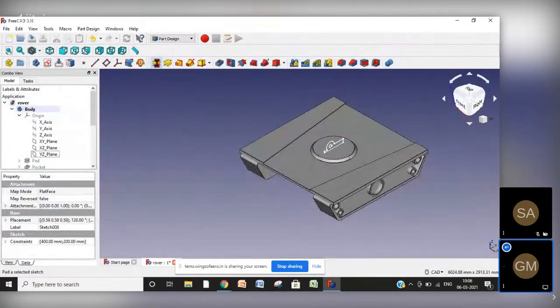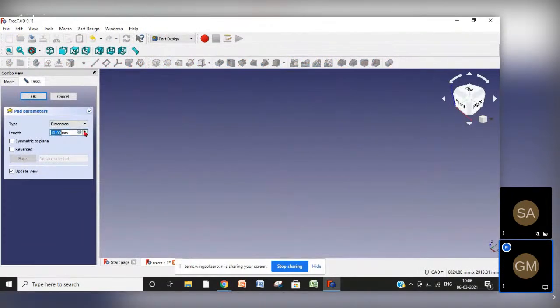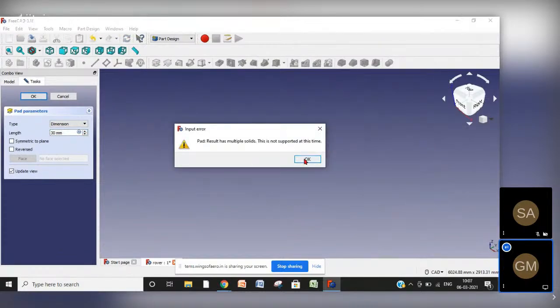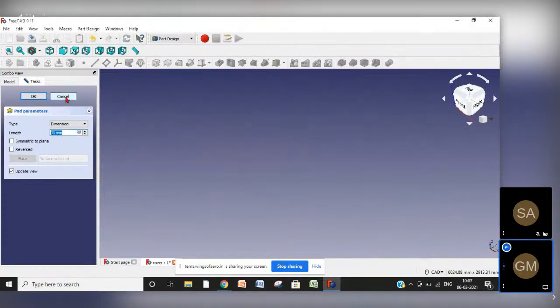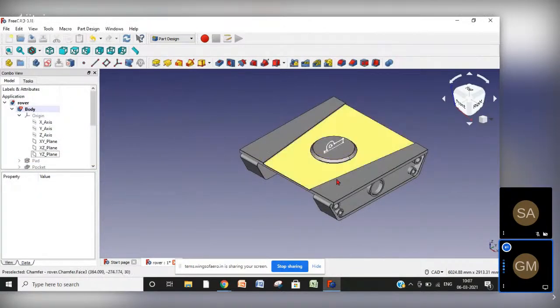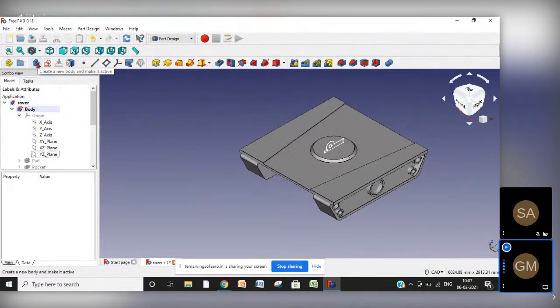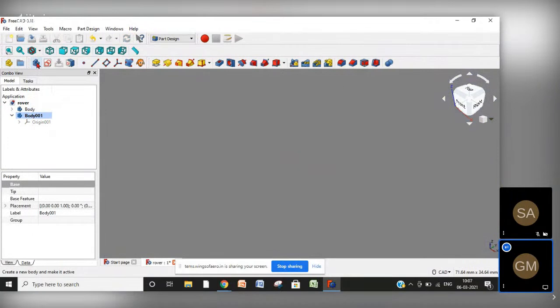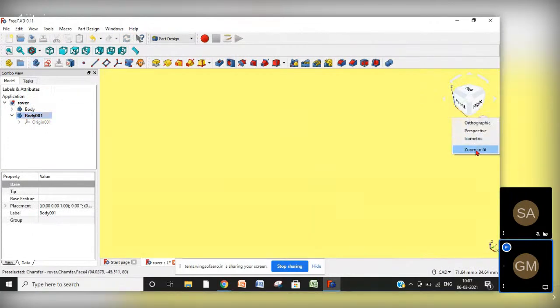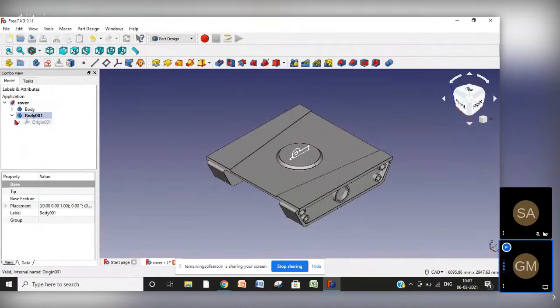I will pad it. Let it be 30 mm. Okay. It is showing that this body and this whole body are two different bodies, so it is not joined right now. So what we will do now, here we create a new body, and its plane would be the same, ZX plane,